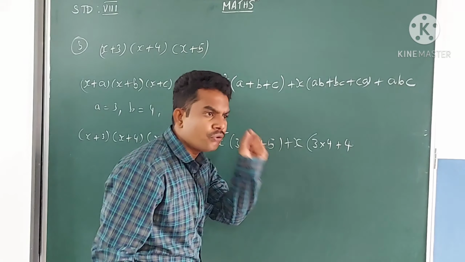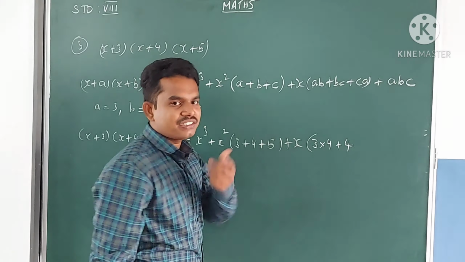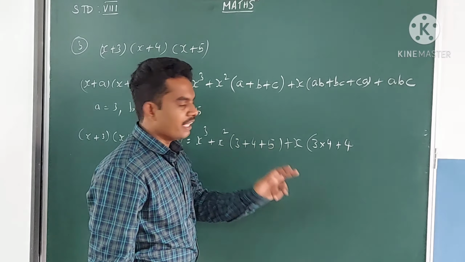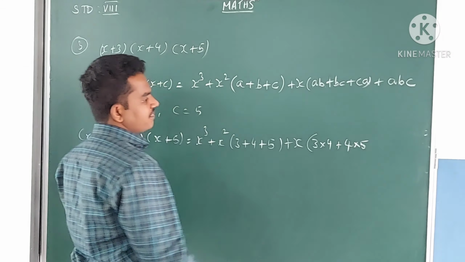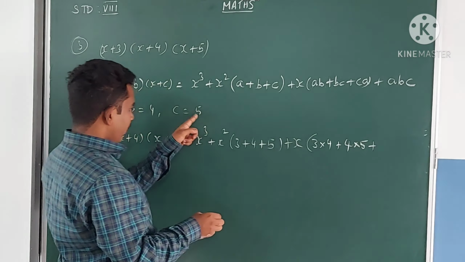You should write 4 into 5; 3 4 means 34, that's all the meaning. 3 into 4, 4 into 5, plus ca, 5 into 3,